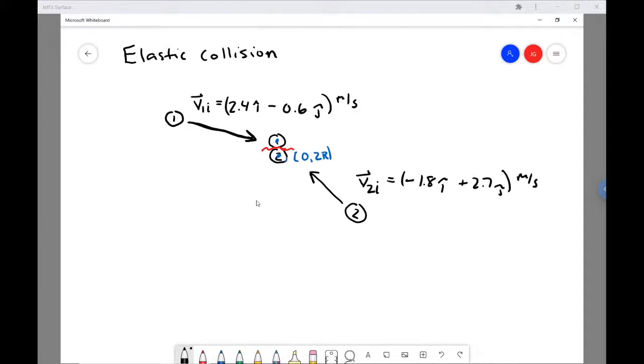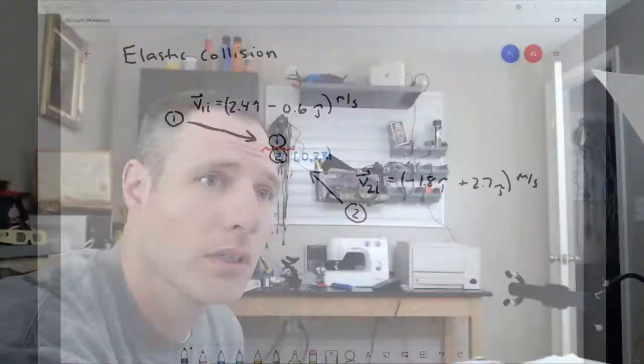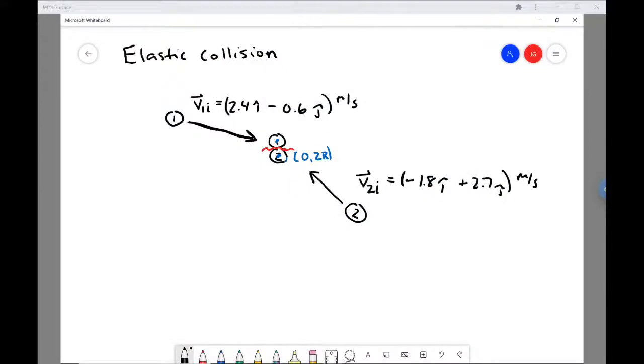Okay, so do you guys know the significance of this? Do you know the significance of why you're told where their positions are when they collide? Does anybody know? Well, let's write out some conservation expressions and see if we can figure this out. And I'm looking at the chat window.